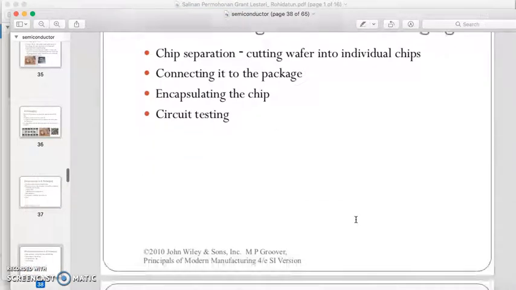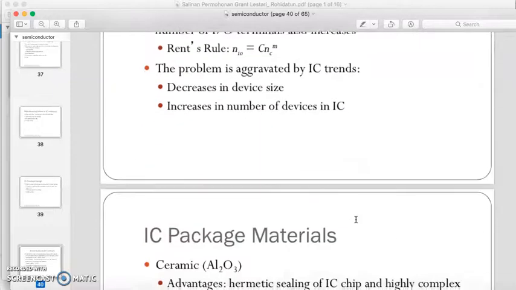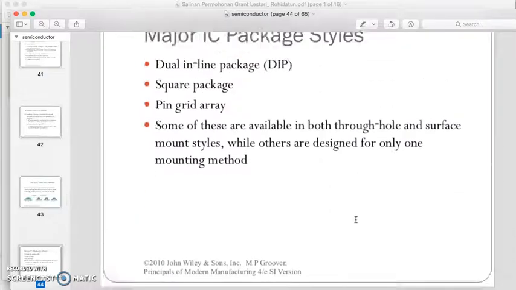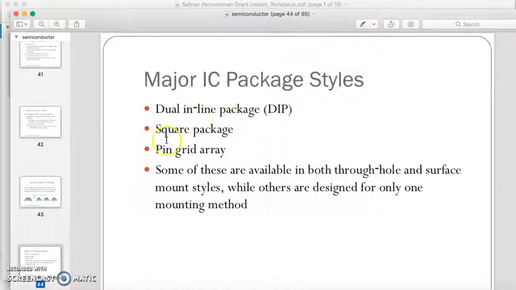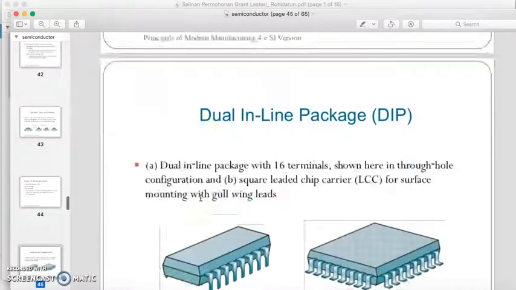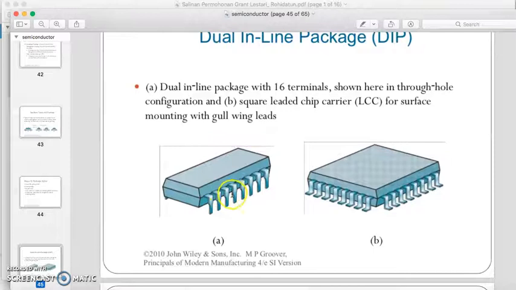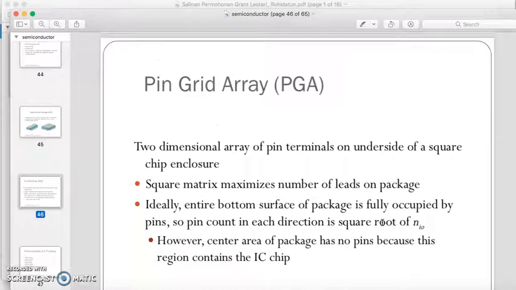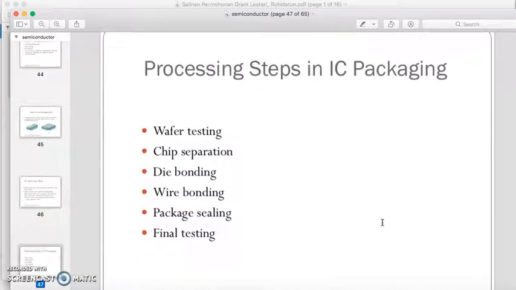There are many methods to assemble the lead. Either you can use the dual inline package, square, or pin grid. This shows the dual inline package, left and right, side by side. And here is a square, where all the sides will be attached with leads. Pin grid array is used when more input or output terminals are required. Okay,